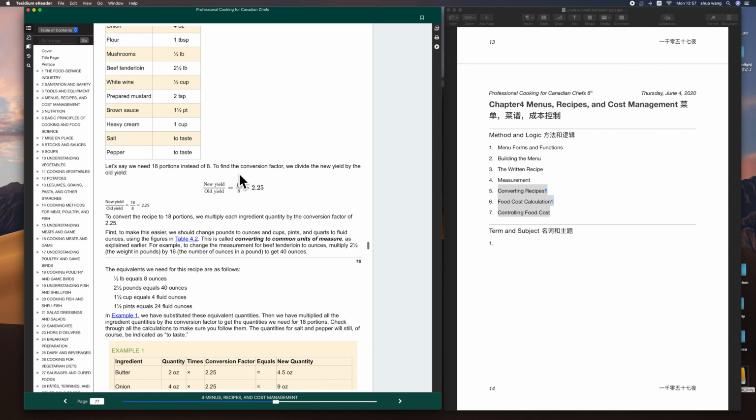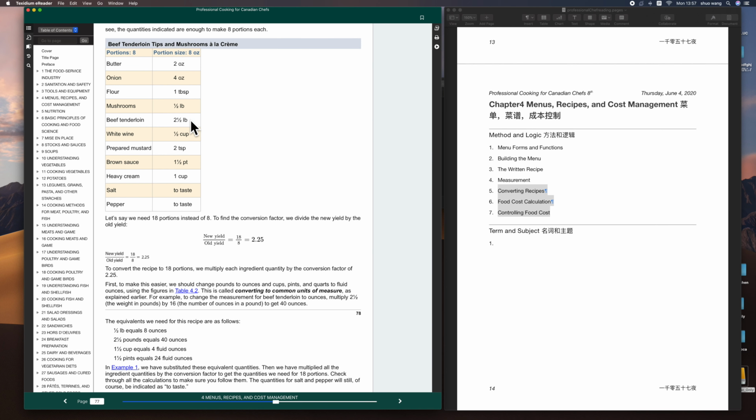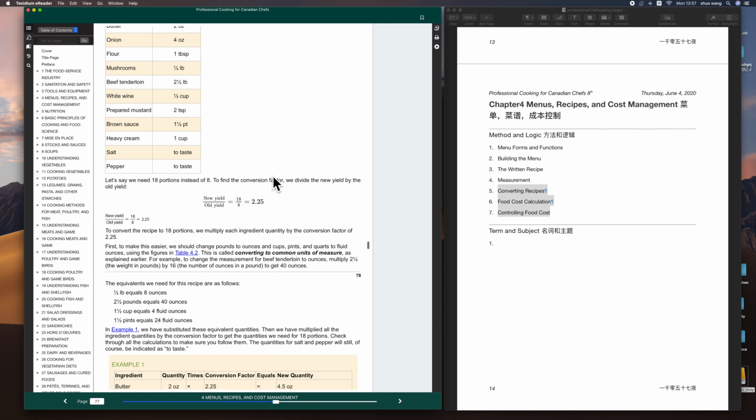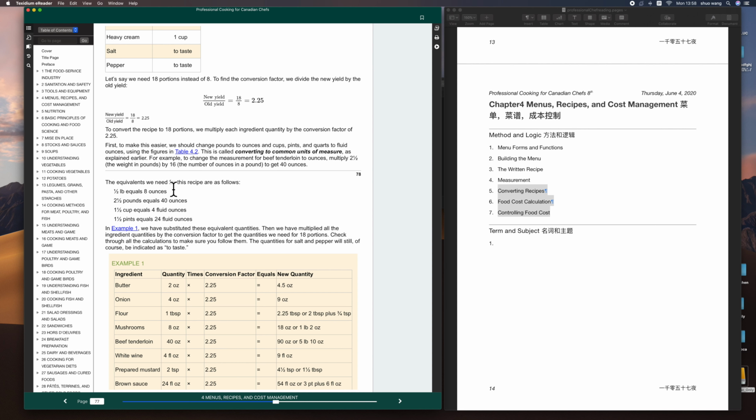这里边的意思就是说，因为这里边我们有一些 ounce，还有一些 pound，你如果都转换同样的单位，可能会更方便一点。但是你如果最后转换也行，所以，对于我来说没什么区别。The equivalents we need for this recipe are as follows: half pound equals 8 ounces, 2.5 pounds equals 40 ounces, and so on. In example 1, we have substituted these equivalent quantities, then we have multiplied all the ingredient quantities by the conversion